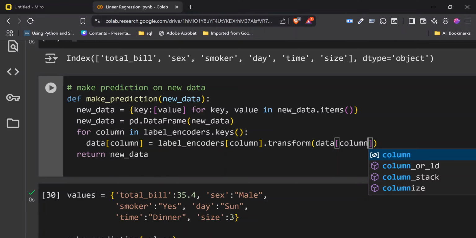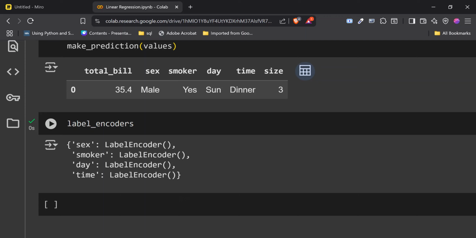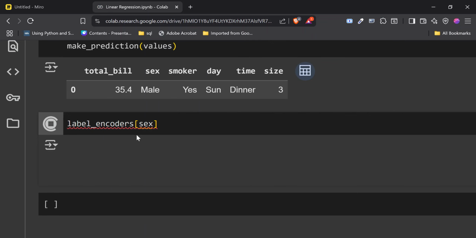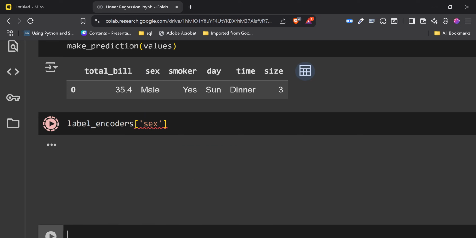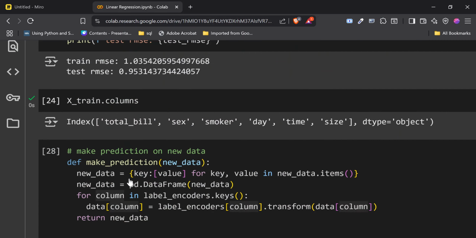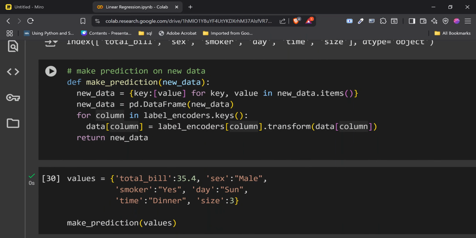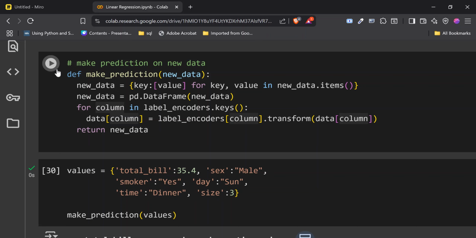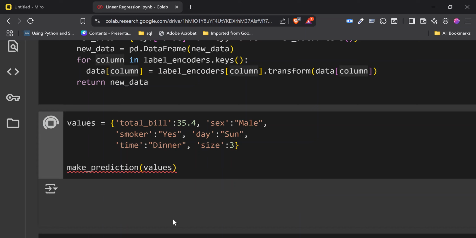So basically, if we call label_encoders of sex, for example, which is what we are doing here, and I run this, it should be in quotes, not a variable, it should be a string. So it's going to return, can you see, the encoder object associated with sex, which is what we are also getting here. So label encoder of sex, transform sex, something like that. So if we run this now, and check it, each of these things are going to be 0, 1, 2.